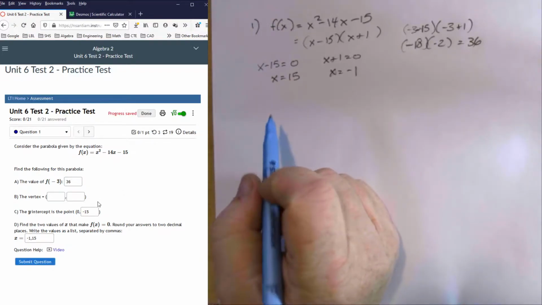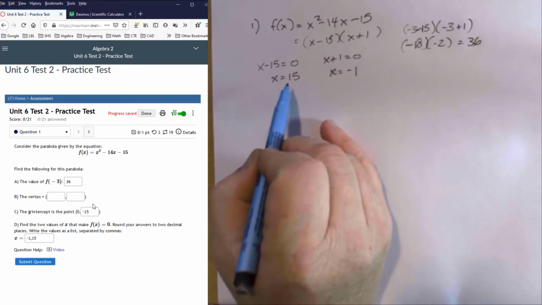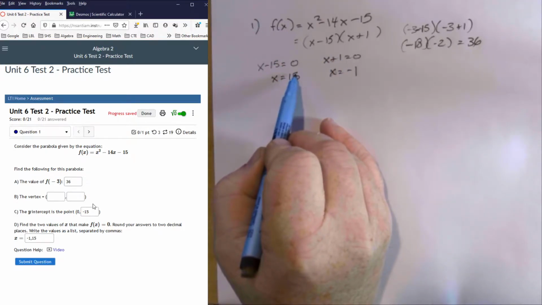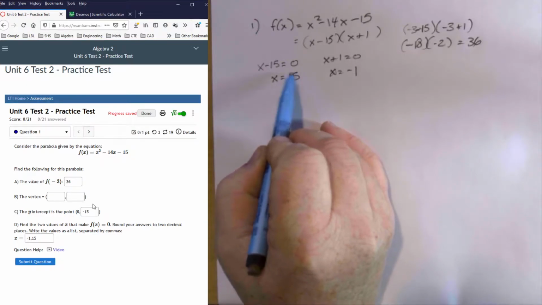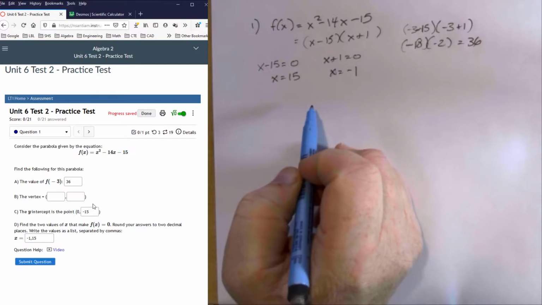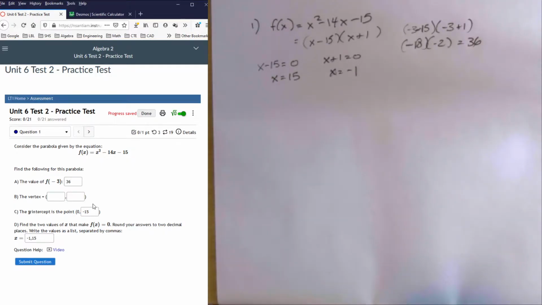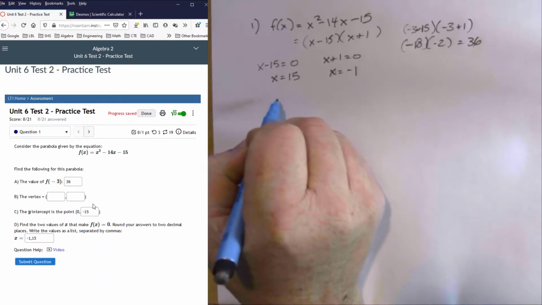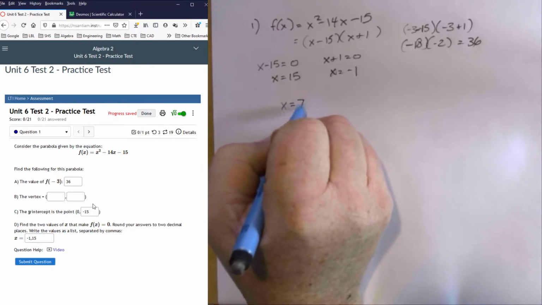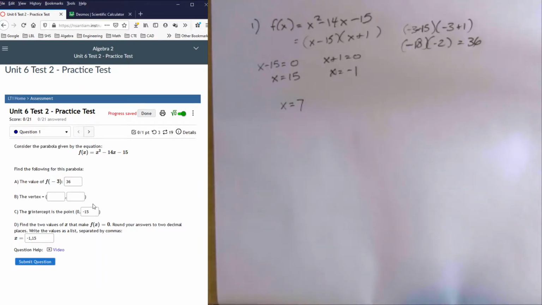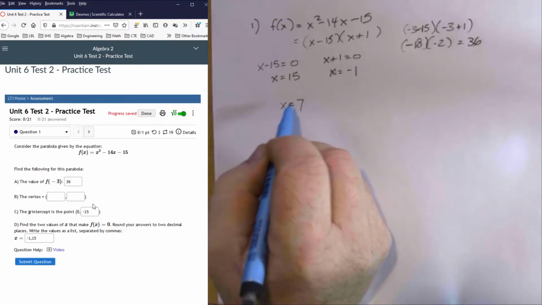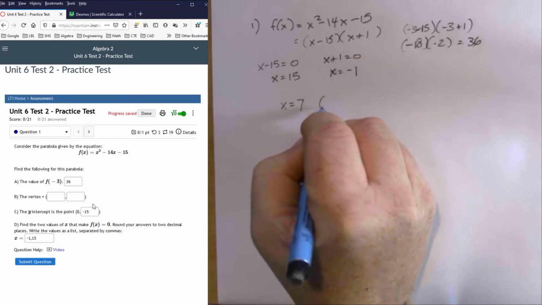All right, and the vertex, so if I look at my zeros here, I have a 0 where x is equal to 15 and where x is equal to negative 1. If I thought about that on a number line, there would be 16 units in between those. So halfway through there is going to be where x is equal to 7. So that's going to be exactly halfway through there. So it's 8 minus 15 or negative 1 plus 8, so it's halfway in between. That's going to be my axis of symmetry, and if I plug this into my equation here, so I would have